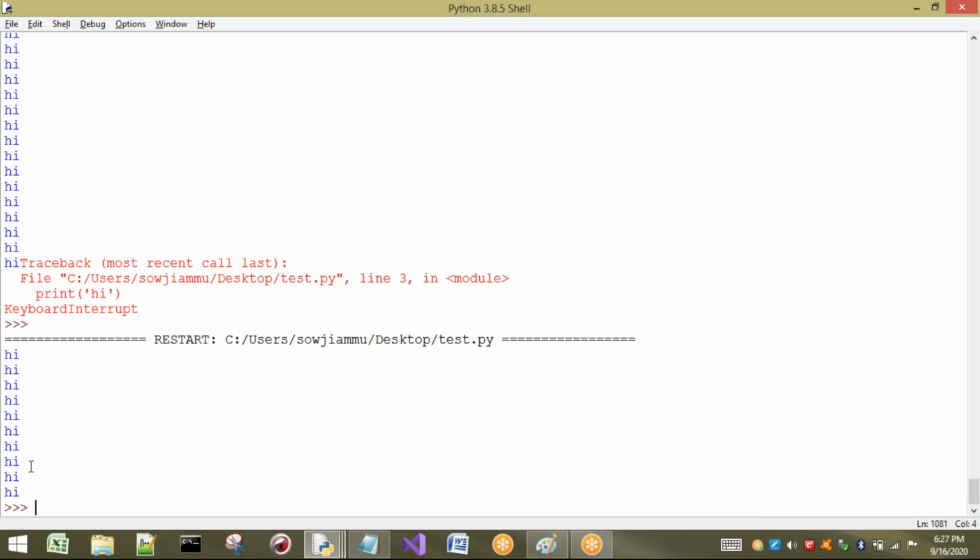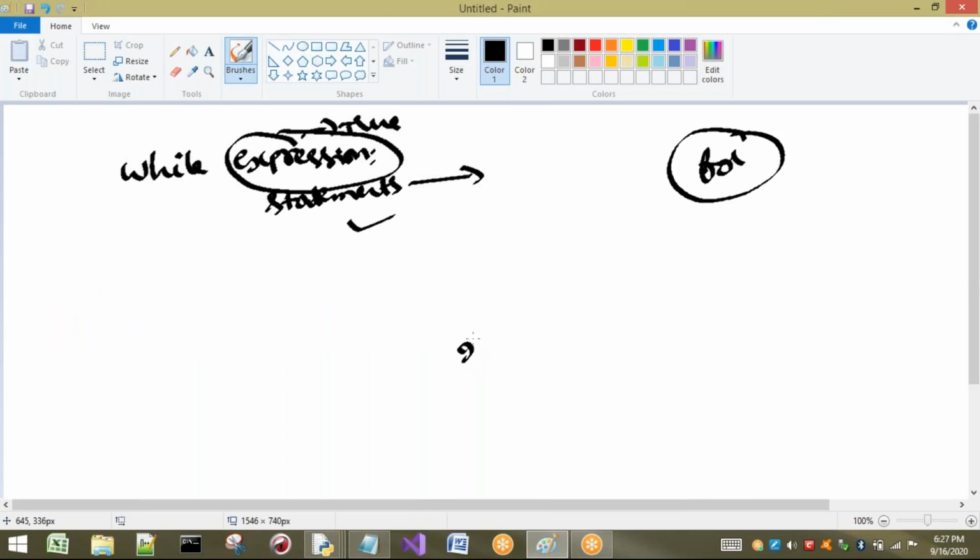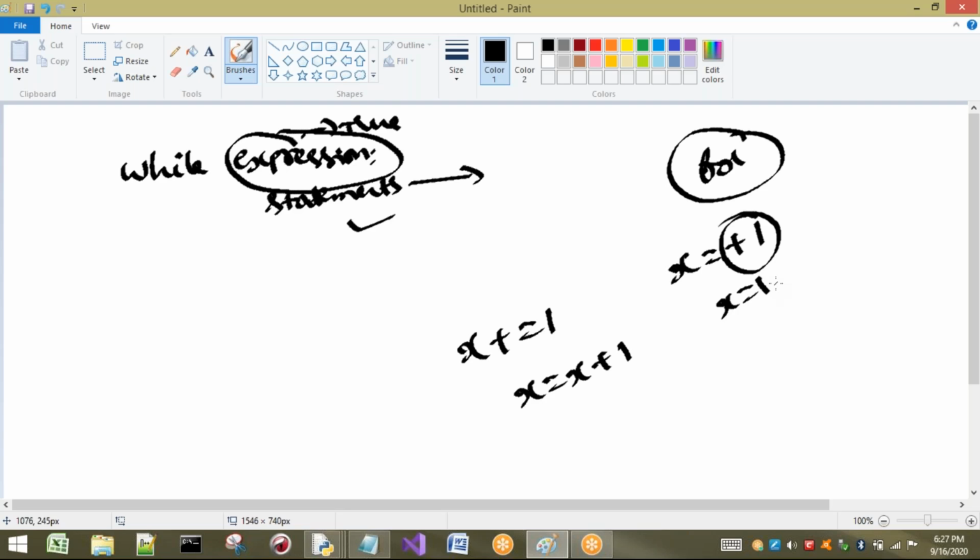So already you know what is meant by x plus equal to 1. What happens if I write x plus equal to 1? It is nothing but x equal to x plus 1. First time, why is it not executed? Unfortunately, I have written this one. What is the meaning of this? It is nothing but 1 only, plus 1 is nothing but 1. Every time I am making x as 1. So again it goes to the while loop, x less than 10, 1 less than 10, yes. So it has continued.